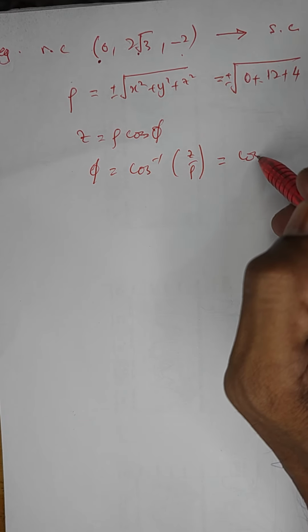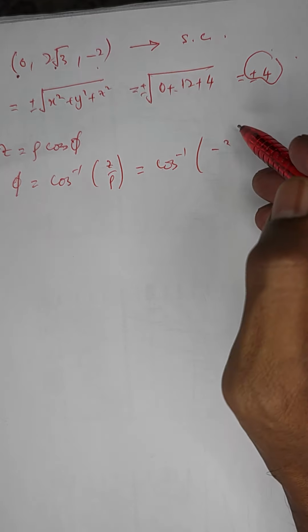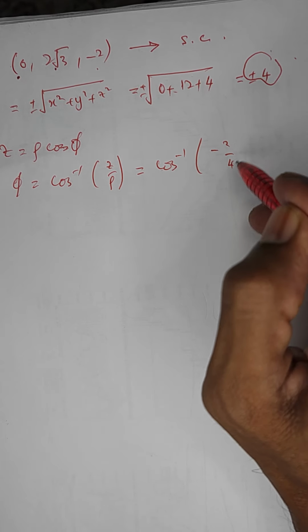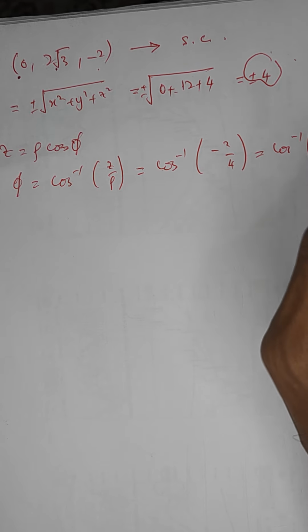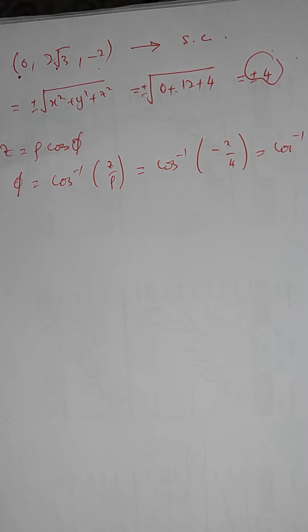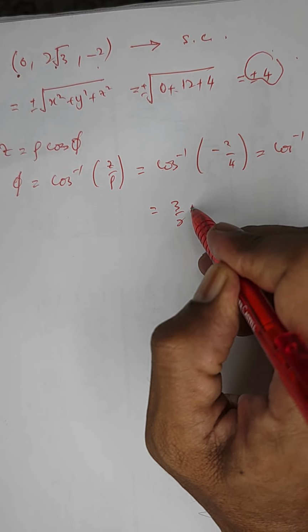Our z is minus 2, our rho is 4, so we have cos inverse of minus half,